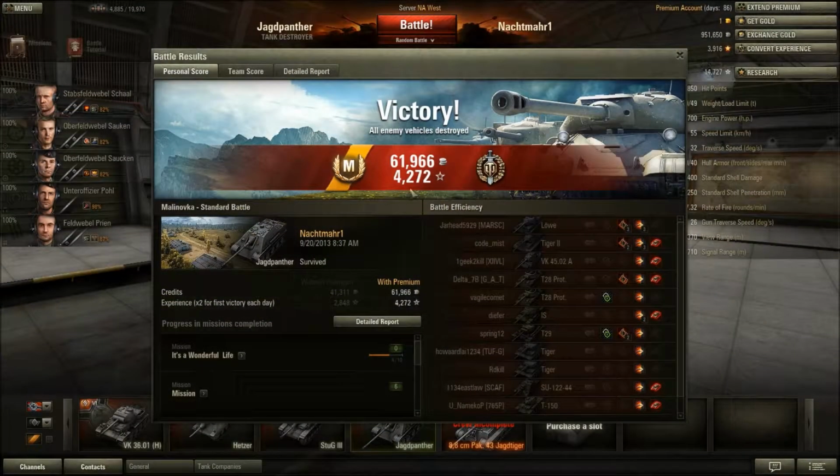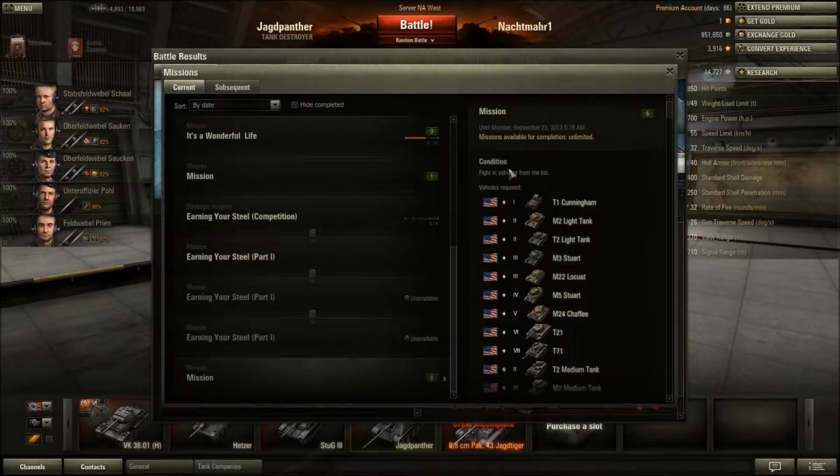Alright, so that was my very first match in my JagdPanther post patch 8.8, and speaking of patch 8.8, check this out. In the bottom left hand corner of your after battle results screen, you've got this new progress and mission screen. And basically what this does is it tells you how far along you are on your missions and whether or not you've completed them. And if you have completed them, check this out, this is even cooler. It gives you a description of the mission. Not only that, but it also gives you